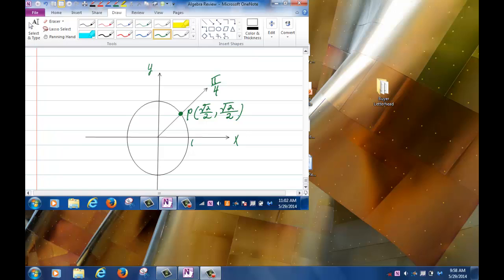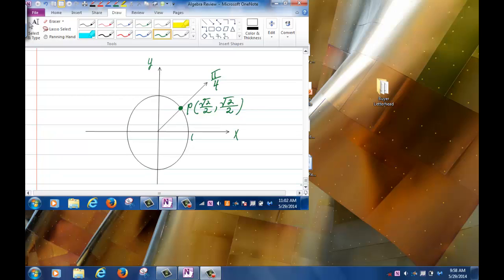Okay. So how about 3 pi over 4? What I want to know is the following. Let's say I ask you, what's the value of cosine 3 pi over 4? How would you get that? Well, notice 3 pi over 4 is basically the opposite of this point. If I look at directly opposite of this point, P,